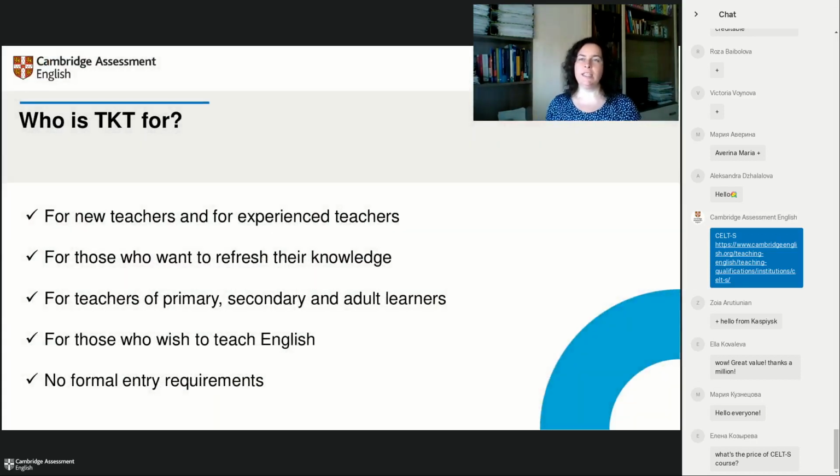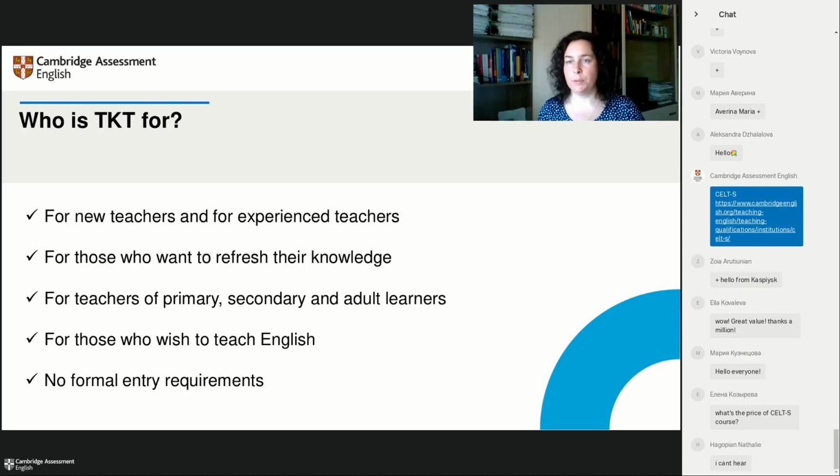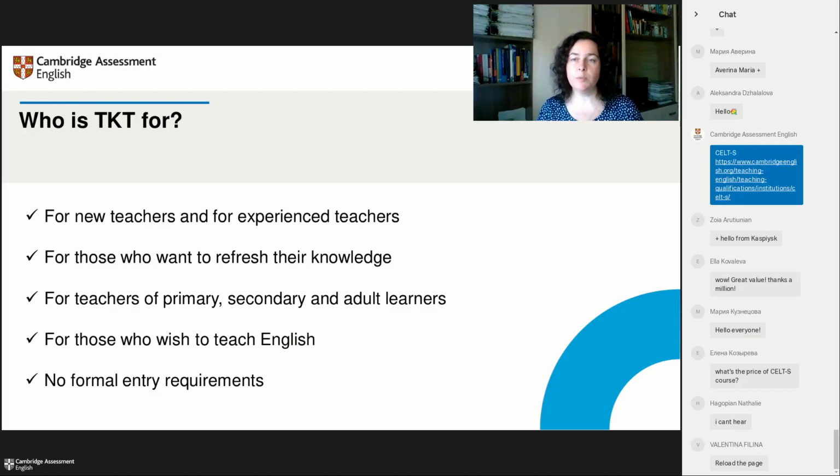Okay, so who is TKT for? I have already mentioned that no matter how experienced you are, whether you have a degree in teaching or in linguistics, you can take TKT and you can benefit from that. It is a good qualification for both new teachers and experienced ones. For those who want to refresh their knowledge, brush up on different aspects related to teaching, classroom management, lesson planning. If you want to understand some correction techniques, for example, it's also very useful to do just by looking at sample